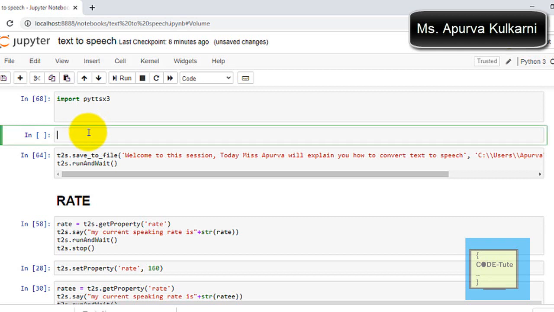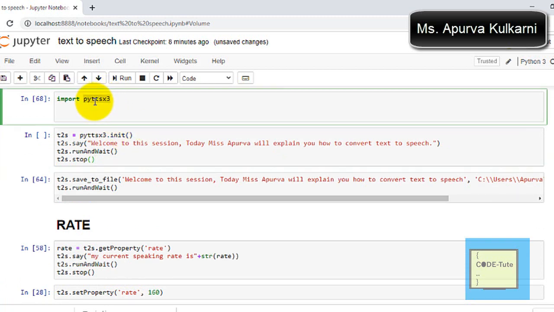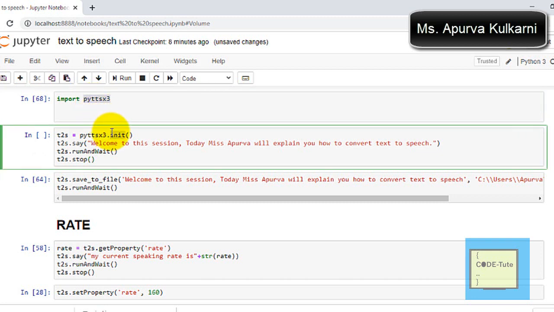The next thing is we need to initialize it. The init is generally a factory function, but whenever you see this init function, initialization comes to your mind, so I will refer to this init as initialization only. It's a factory function to get the reference to this library. To get the instance of the engine for speech, we need to initialize it.